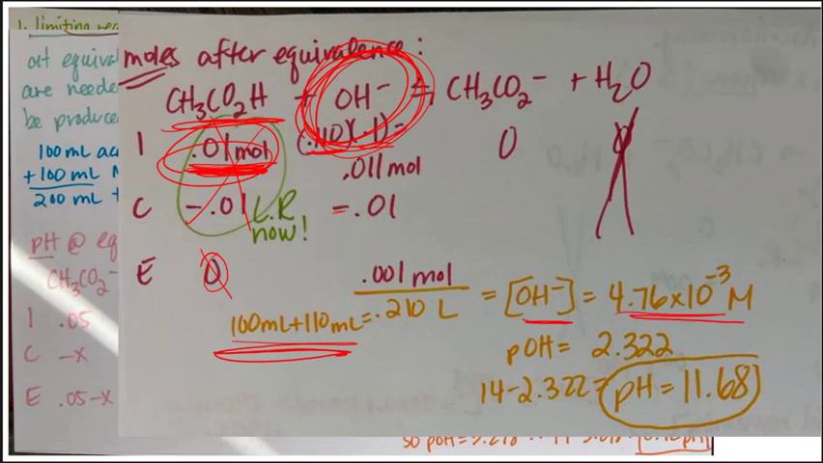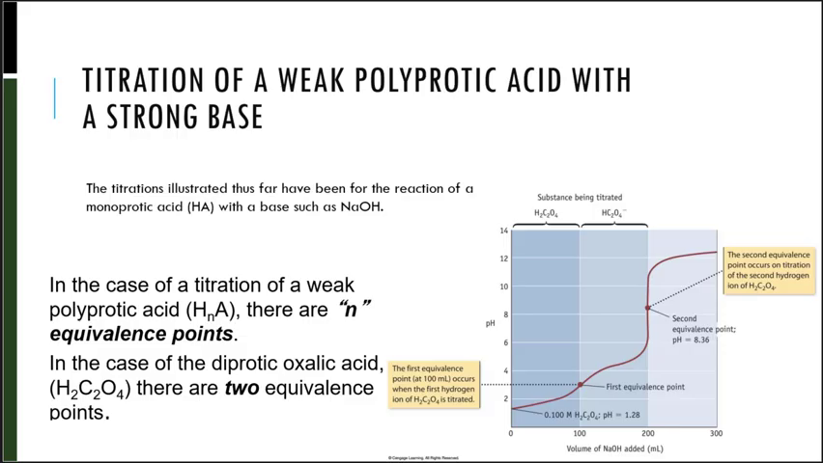Gives me my hydroxide ion concentration. The negative log of that will give me my pOH, and then 14 minus that will give me my pH of 11.68. So far, we've looked at titrations that have been for a monoprotic acid with a base, like sodium